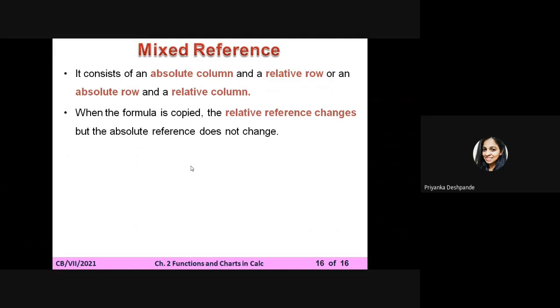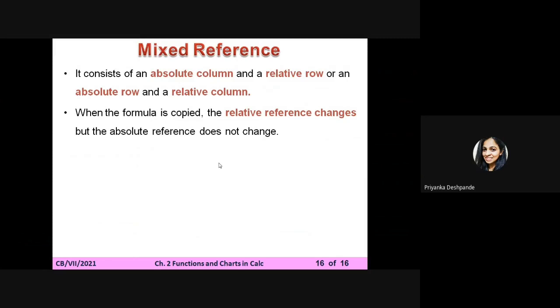So we have fixed row as well as column to fix a cell. Here in mixed cell reference, it can be an absolute column and relative row, or an absolute row and a relative column. That means it can be the combination of relative and absolute cell referencing.